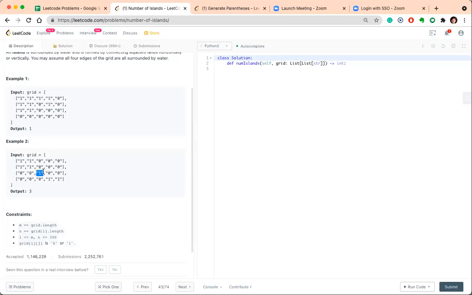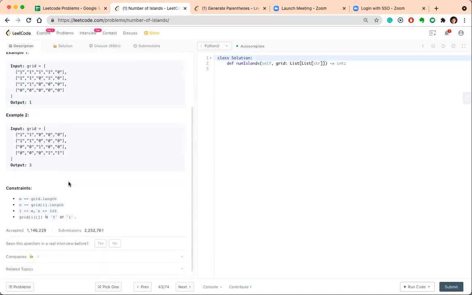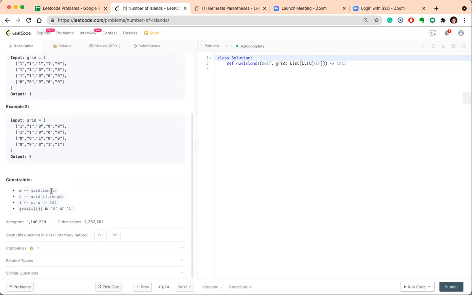So you will start your search here because this is one, and this was not explored earlier. You will initiate the search and there is no other piece of land connected. You will simply count this as one island, and you will go ahead in checking the rest of the pieces of land. You will come all the way till here, and with this you initiate search till here. So in total you initiated your search 3 times. So that's all about this problem.